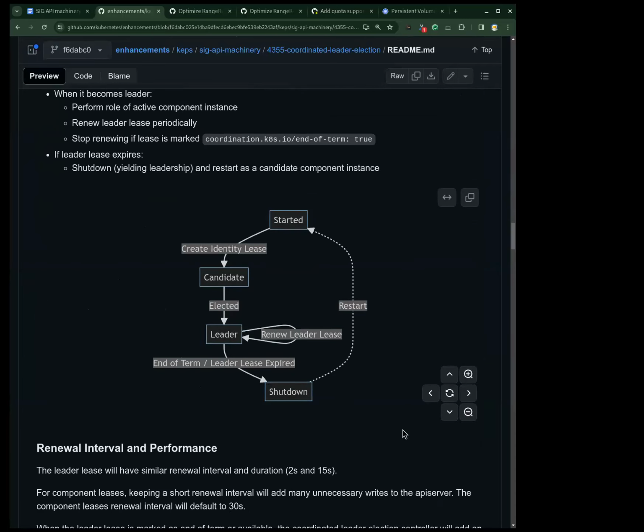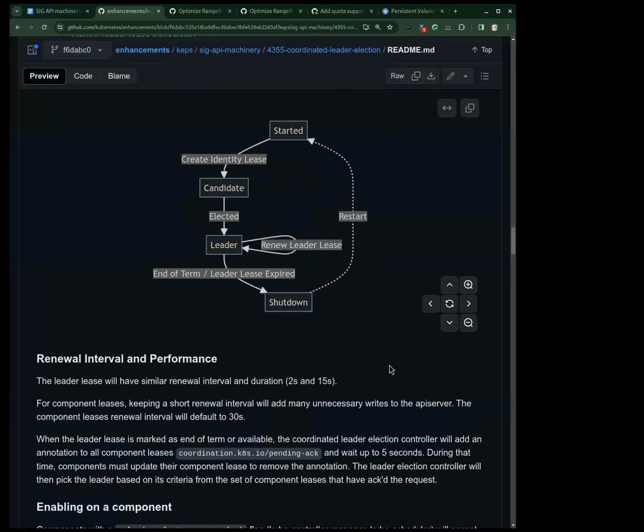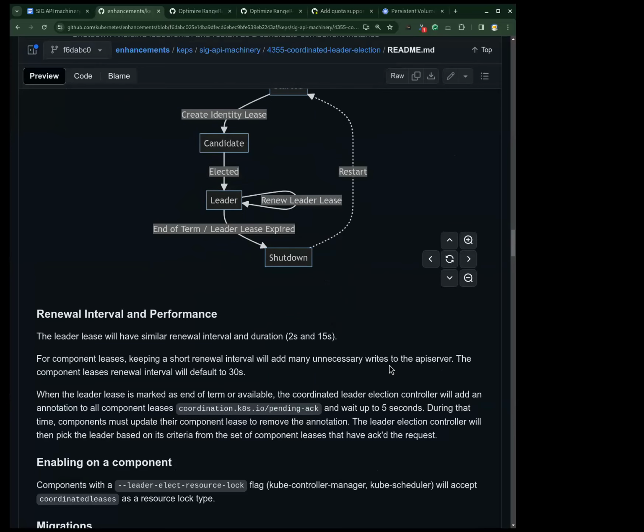And obviously, there's a lot more to this CAP that I won't go through in full detail. But for the purpose of this meeting, I'm just looking for two things. One is general feedback on this CAP, and we propose to place a leader election controller in the API server, so if there's any thoughts on that. And number two is extensibility.